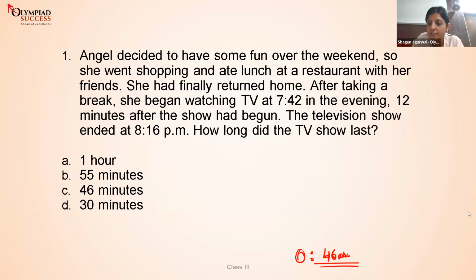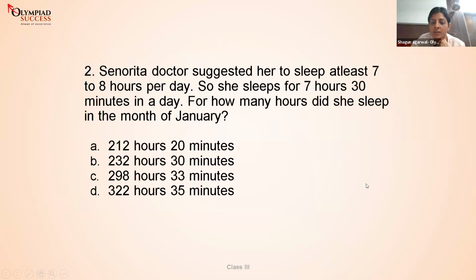Did you all understand, everybody? Thumbs up or down? Arush, please switch on your camera. Aradhya, you too. Okay. Again, if you all have any doubt, please raise your hand, so that I can explain it again. Otherwise, I will assume you all have understood. Abdul, 30 minutes is not the answer. Did you understand how to do it now? Abdul, thumbs up or down? Yes. Great. Let's proceed with the next question.